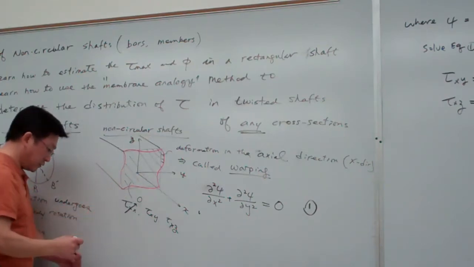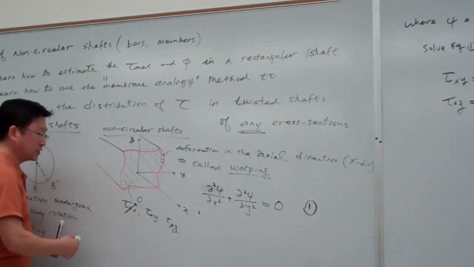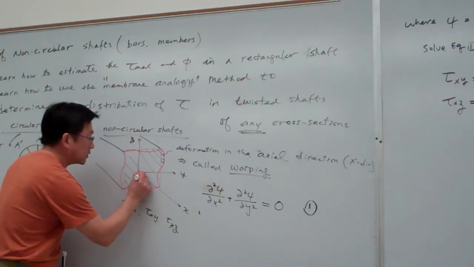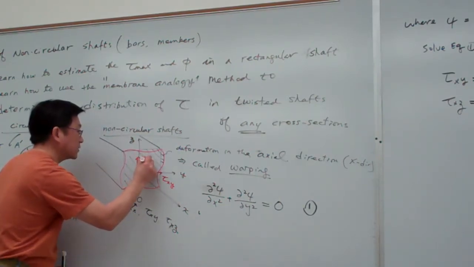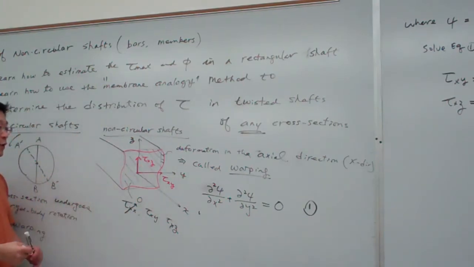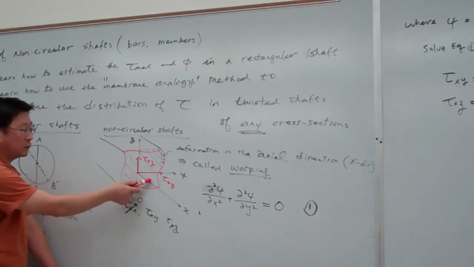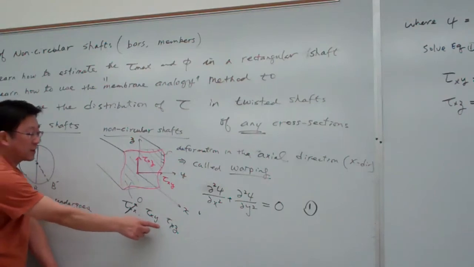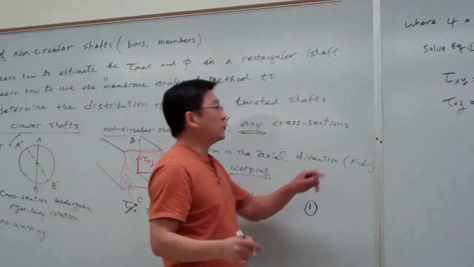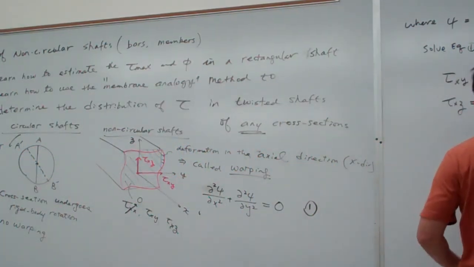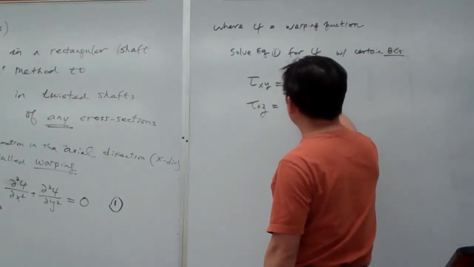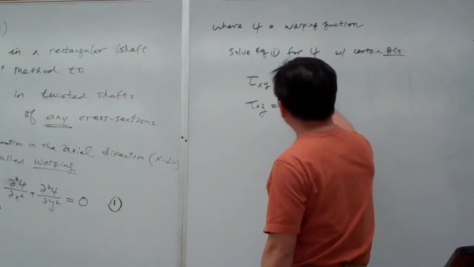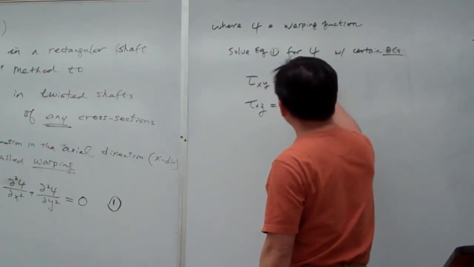And on this cross section, the direction of the shear stress component, this is the tau xy and this is tau xz. So here we decompose the shear stress component into the xy and xz. So that is the information here. Once we have this function to solve, then we can calculate this shear stress. This is the function of this one, and that will be equal to g times